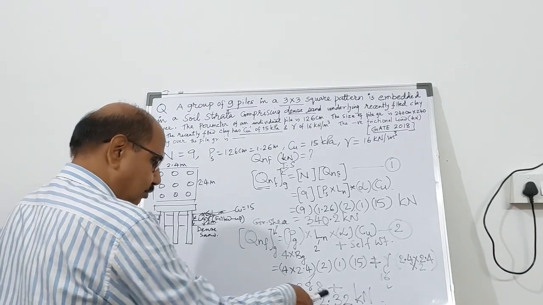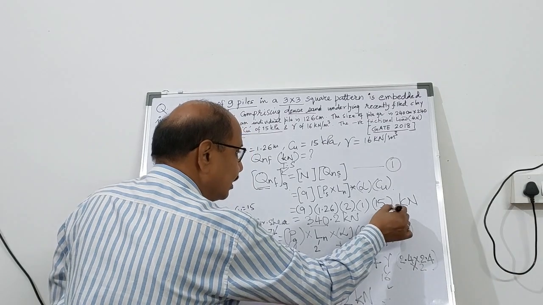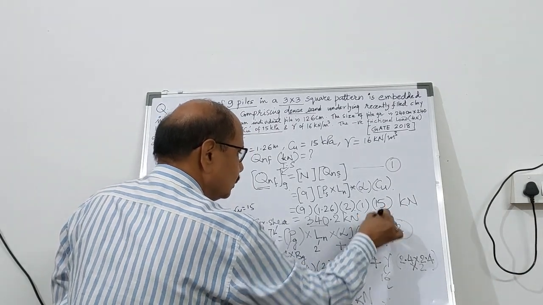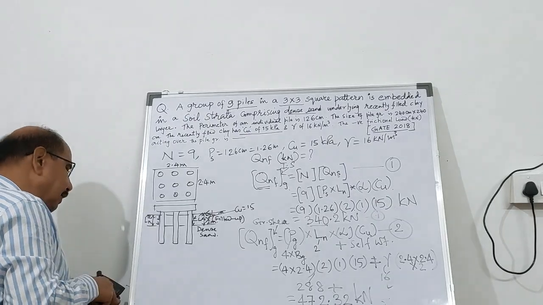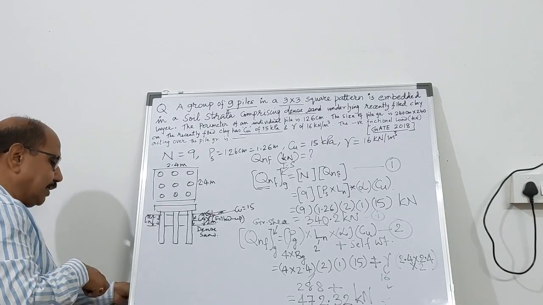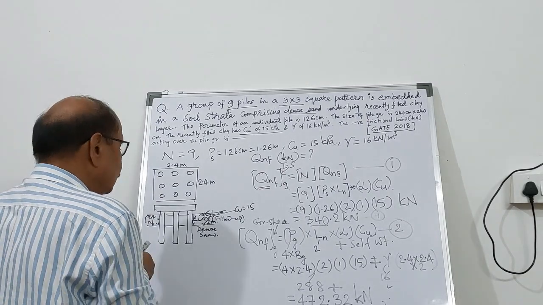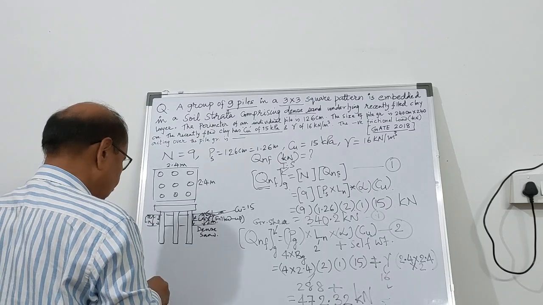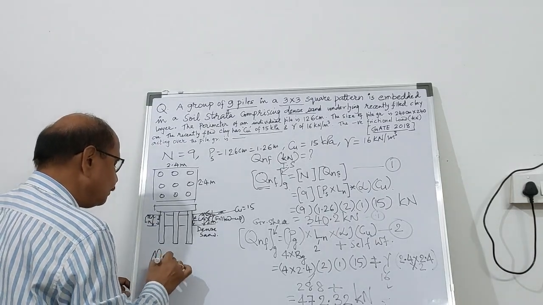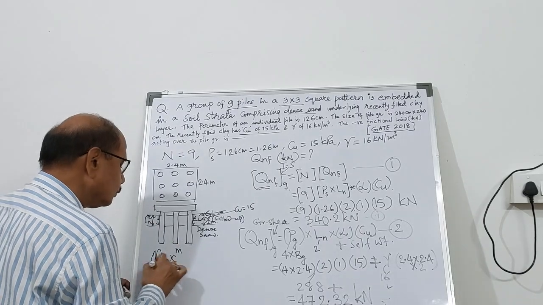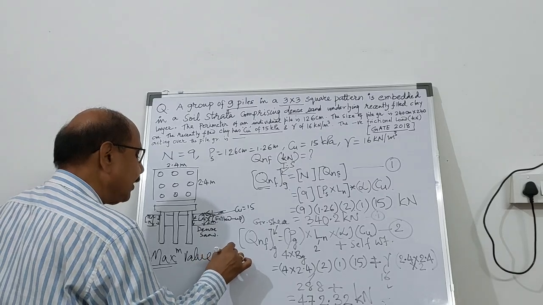So finally you get, so which is greater out of these, this is number 2 and this is number 1. So out of these two, the greater value should be taken. So we will be taking the greater value, so the maximum value will be